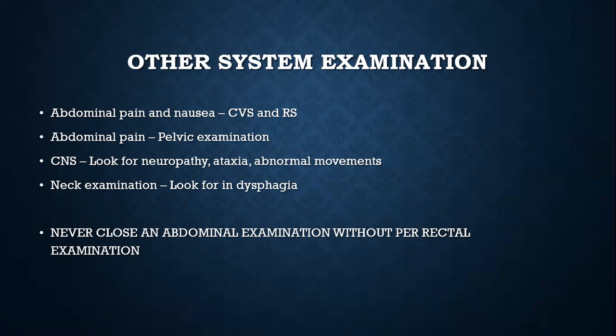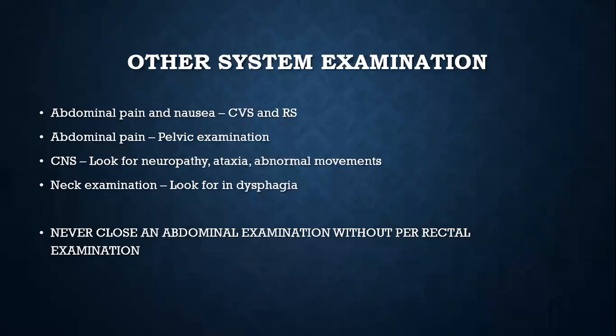Abdomen examination comes as two separate classes. Never close an abdominal examination without looking at the other systems, because a patient with abdominal pain may have an inferior wall MI. A patient with nausea and abdominal pain may have a lower lobe pneumonia, because the lower lobe pneumonia is stimulating the diaphragm, which has somewhat the same nerve supply as the lower esophagus. Hence, with abdominal pain and nausea always look at CVS and RS. The patient could have an underlying inferior wall MI. Similarly, in females, with any abdominal pain, look for pelvic examination, which could be the source of pain.